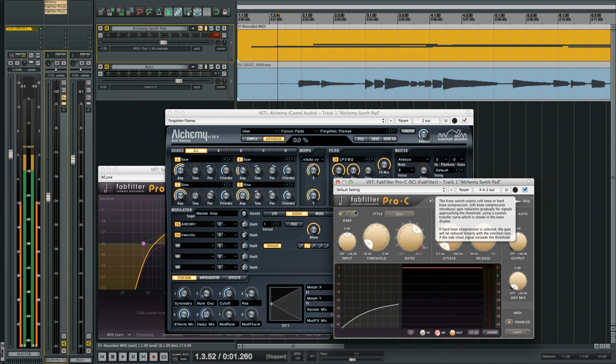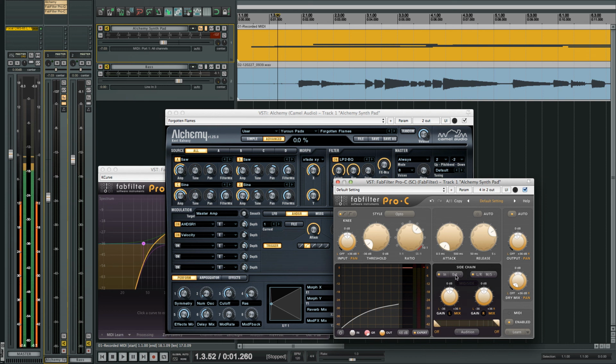To do that, you have to tell the compressor to get its signal from an external source. So I'll open the Expert panel, and I'll choose External in the sidechain module. Next, I have to provide that external signal. I go to the bass track,